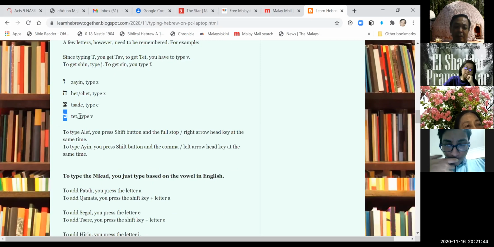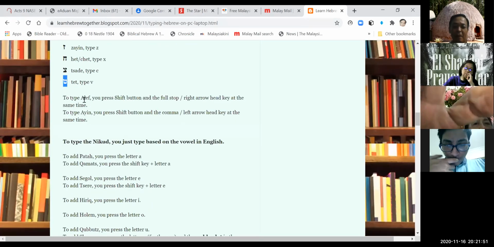It's a matter of you getting used to it, and it should be okay already, right? Now, if you want to type Aleph, right? Okay, you do not know how to type Aleph, right? Okay, what you do is you just have to click on, okay, let's say now,